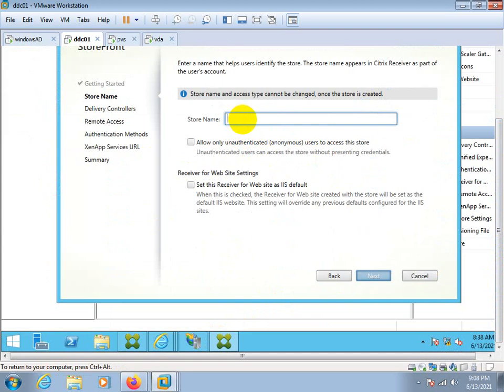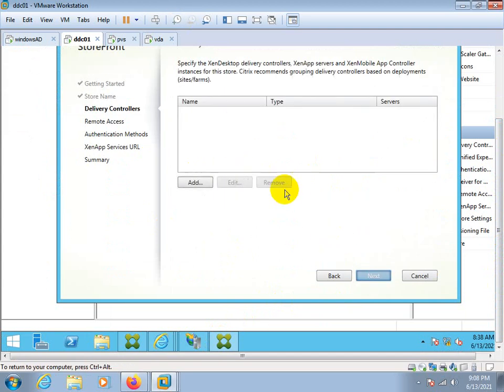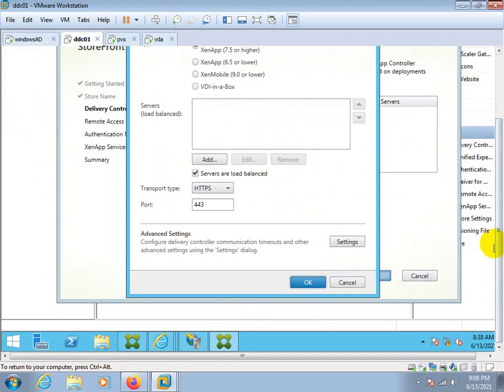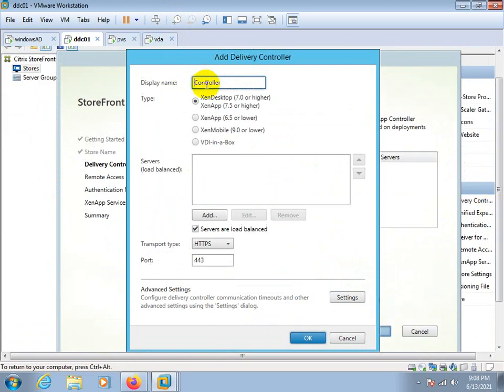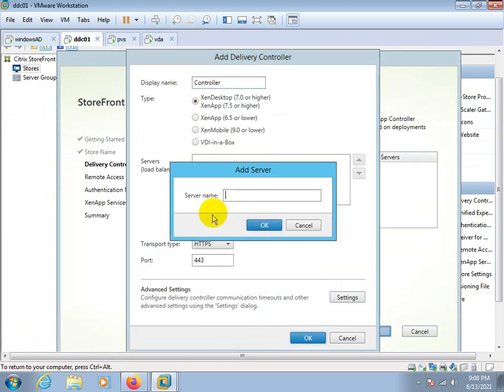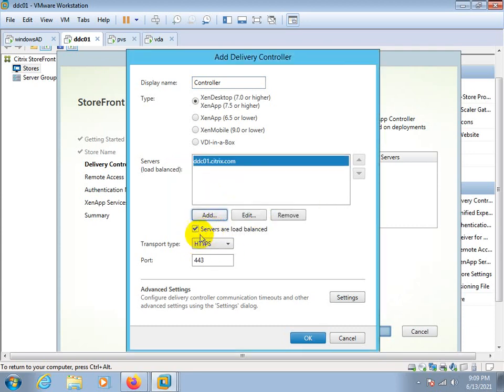Then you need to provide the name of the store. Next, here you need to add your controller server, which here is DDC01.citrix.com, and this option is for servers that are load balanced.